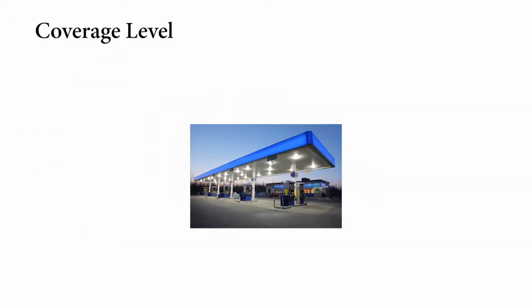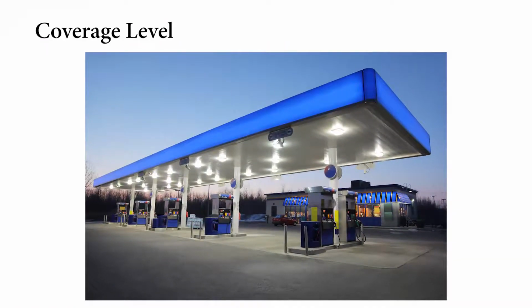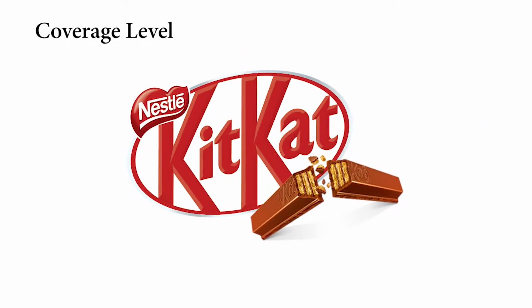How intense is the distribution of chocolate products that Taza sells? We are not going to find Taza chocolate sold in gas stations, but we will find Kit Kat bars, right? Another important decision that managers need to make is the level of coverage. Taza's level of coverage is selective, which as we will learn next, is the second level of coverage. The first and most intense level of market coverage is intensive distribution.